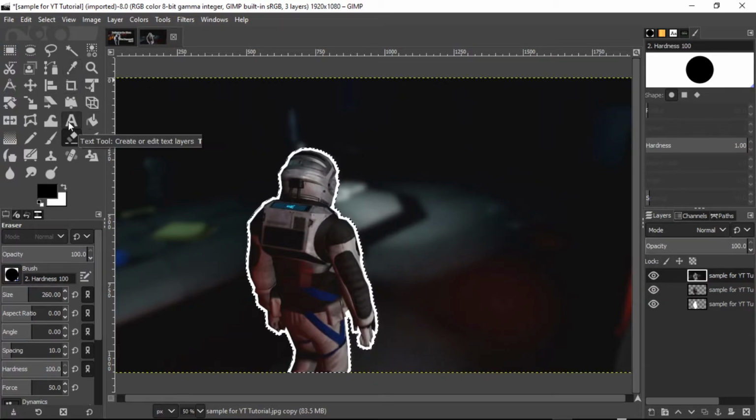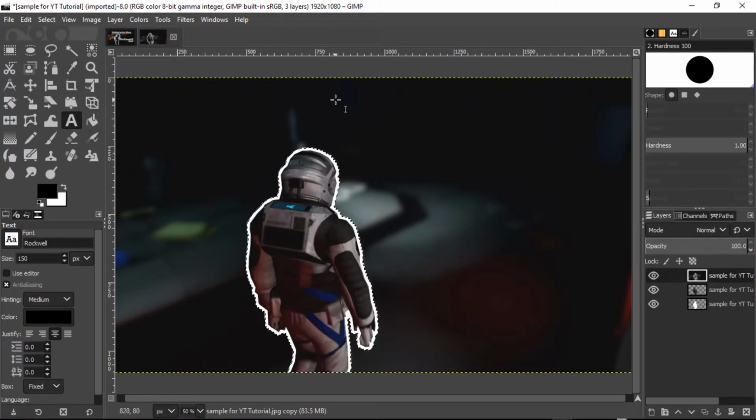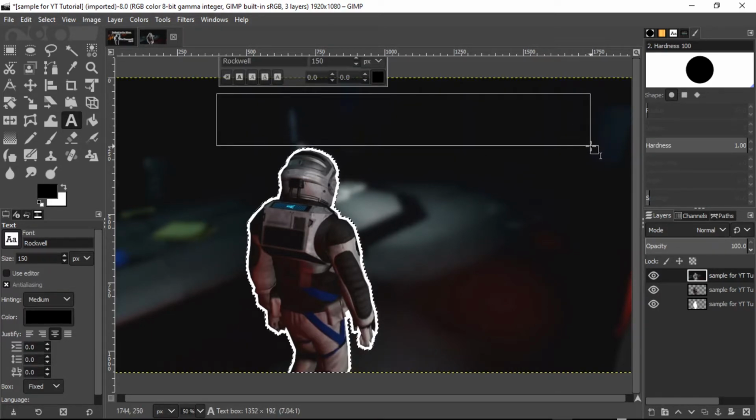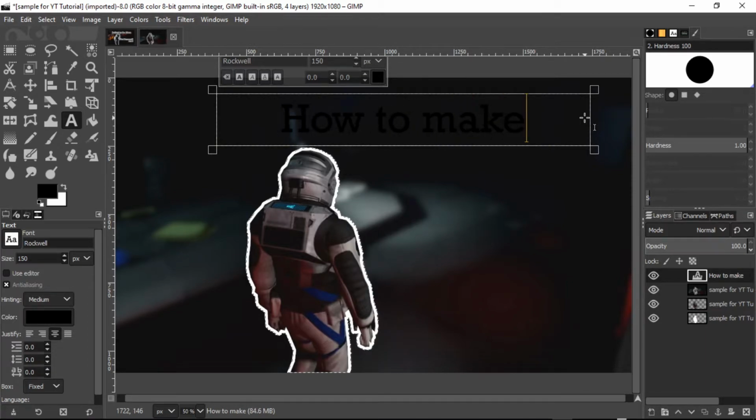And now we're going to go to the text tool. And this is going to be the thumbnail for the tutorial. So you'll be able to see the before and after. So it's on black, 150. That should, well, I don't know if 150 will be fine, but we'll figure it out. So, how to make YouTube